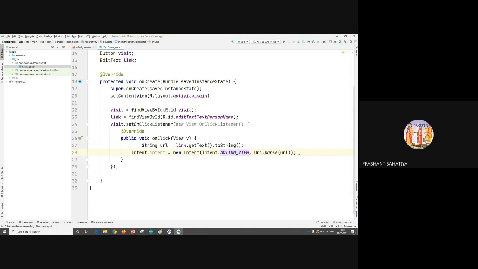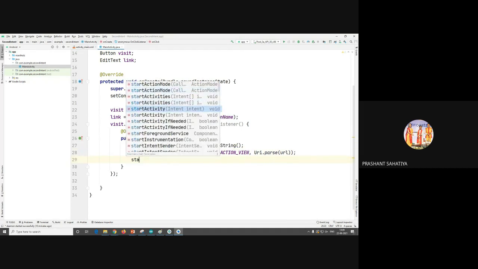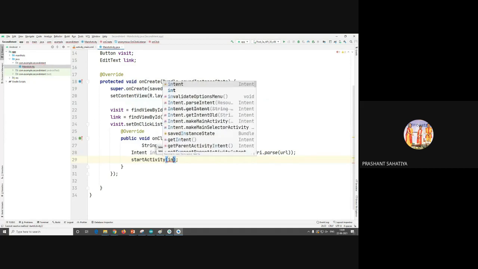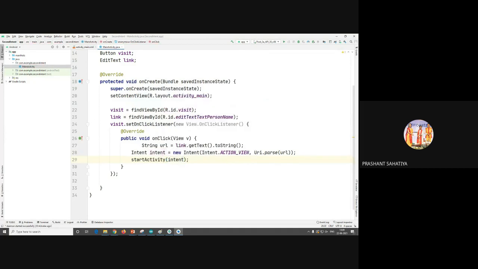Okay, the action is view, and I'll say start activity. Inside that I'll give the intent which I created, that set.